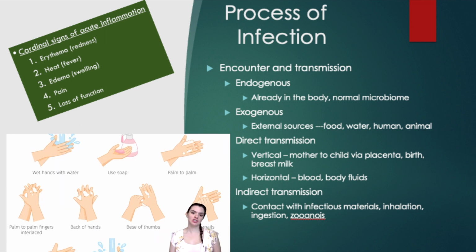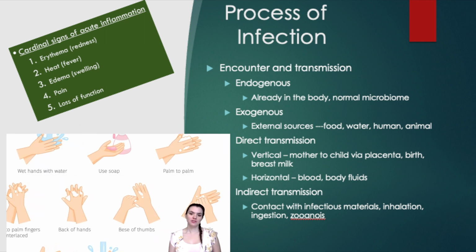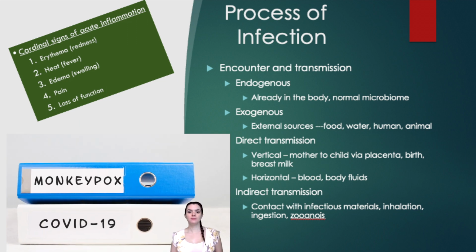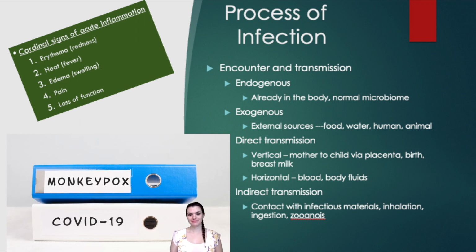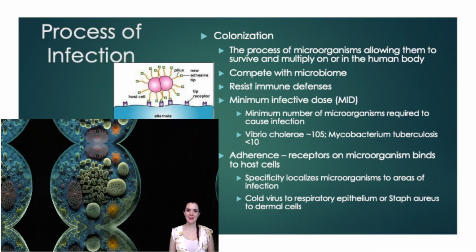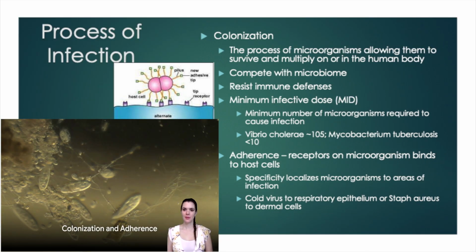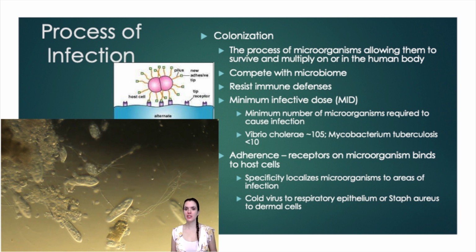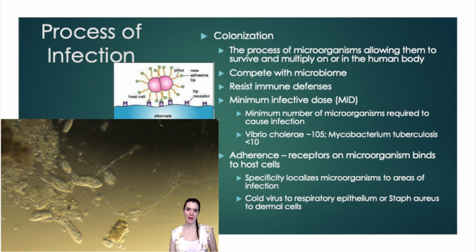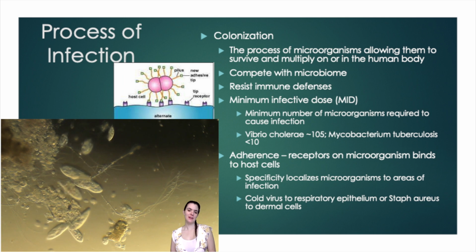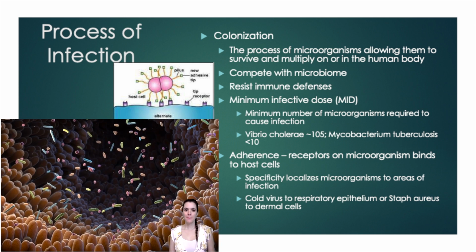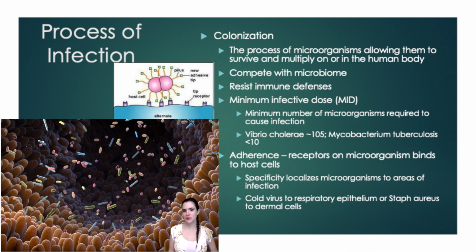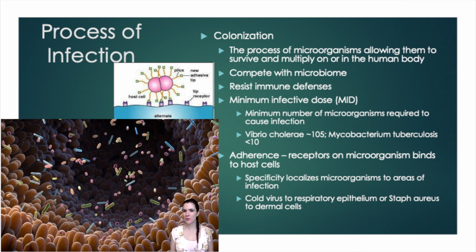In any situation, the encounter with the individual and then the transmission need to occur for the pathogen to begin the process of infection. Colonization is the next step in the process of infection. This is the presence of microbe on a surface with sufficient resources to survive and multiply, but not to cause active infection. In colonization, microbes compete with the microbiome for resources like nutrients and habitable space, while resisting the defense